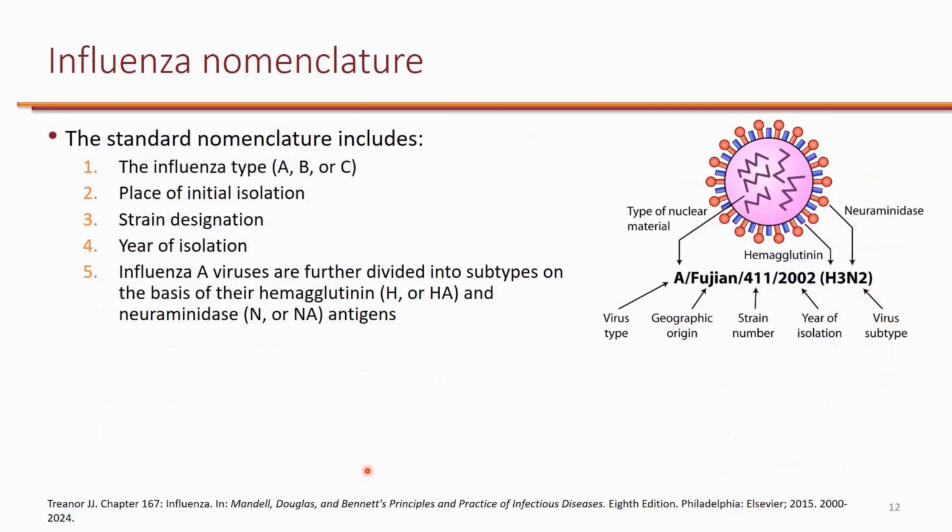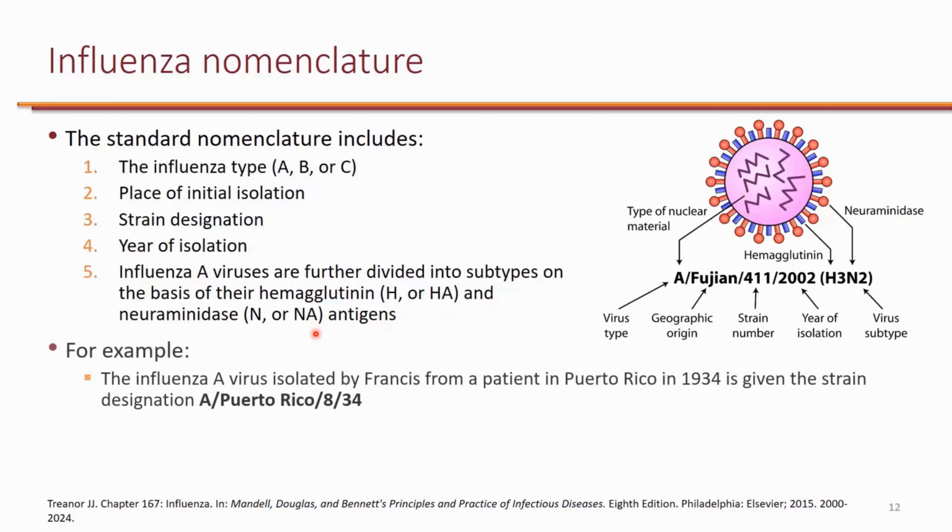Now let's take a look at influenza nomenclature. The standard nomenclature includes the influenza type, so it's either A, B, or C, and then the place of initial isolation, followed by strain designation, year of isolation, and in the case of influenza A, it is also divided into subtypes on the basis of H and N. For example, the influenza A virus that was isolated by Francis from a patient in Puerto Rico in 1934 is given the strain designation A/Puerto Rico/